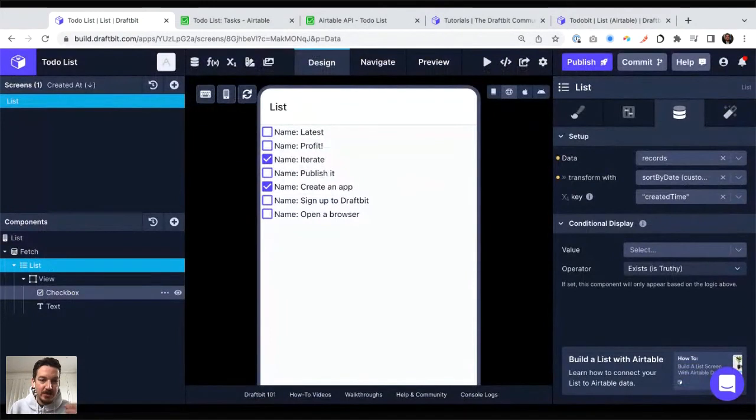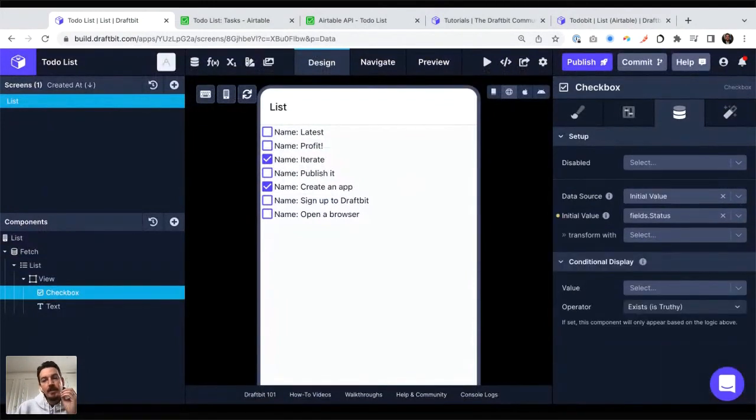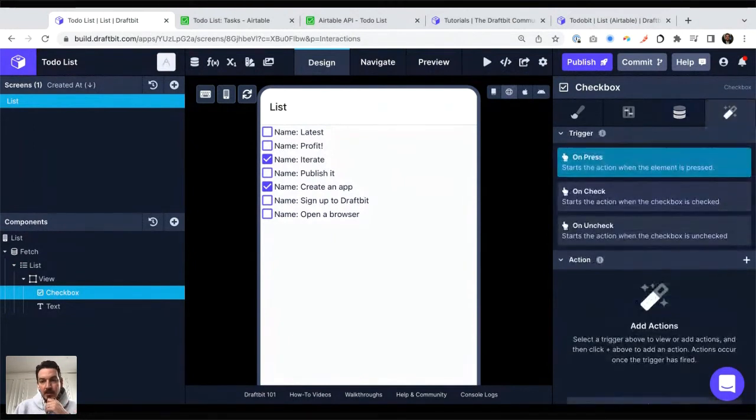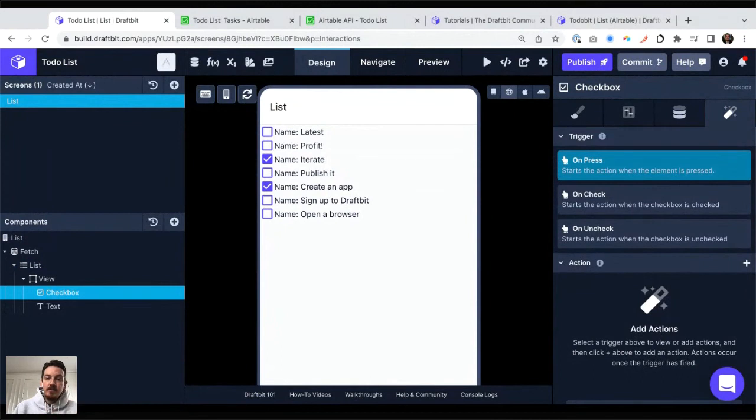Perfect. And so going back to my checkbox now, on the right hand side, there's a little magic one, and that's what you want to use when you want to add interaction to a component. So I'm going to click on it so you can see what it looks like. A checkbox has a different trigger. You can press it, or another trigger is just when it's pressed. Another one is when it's unpressed. For example, a text input has a different type of trigger. It is going to be on text change, when someone changes the text.